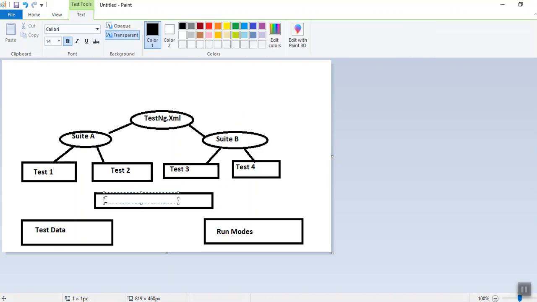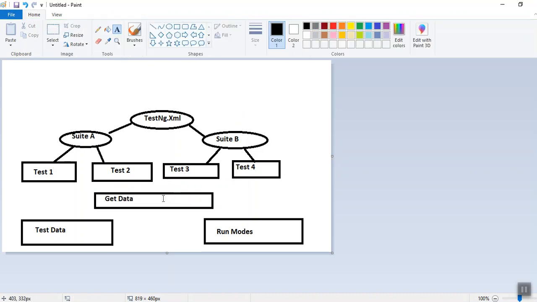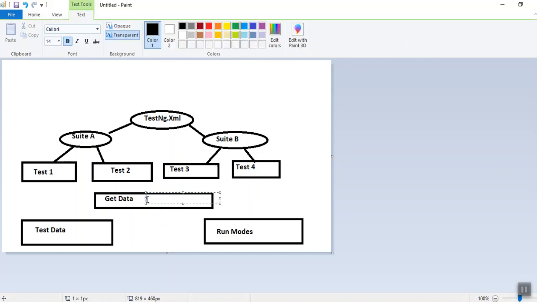If the run mode is yes, then it will get the data. Clear? So we will have some util functions available in Java which will get the data and check the run mode.